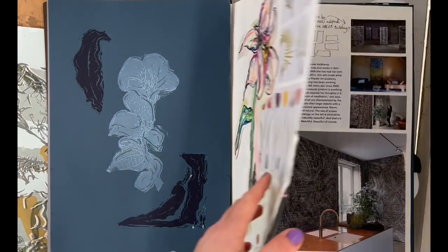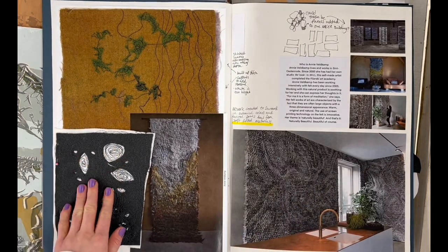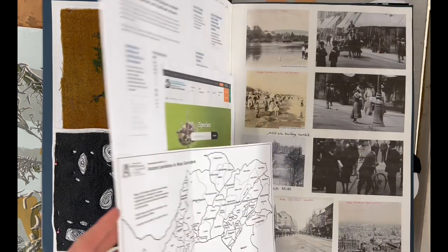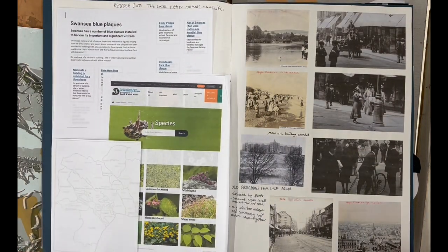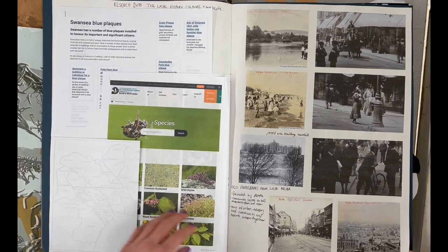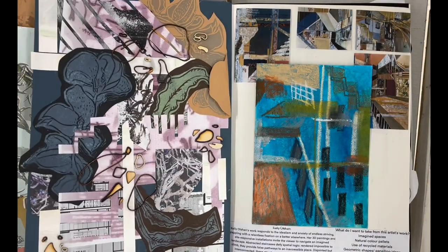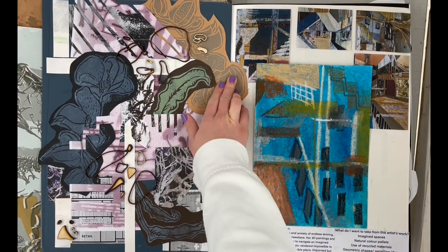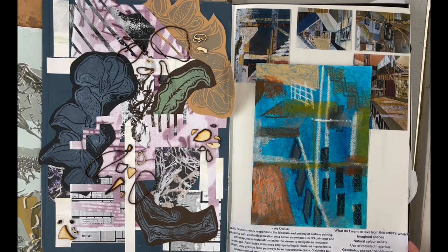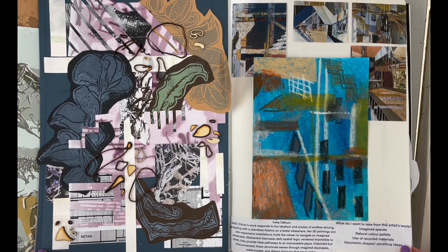of the environment. Annie Veldekamp is an artist who looks at using stitch to create depth within an interior space, introducing me to ideas of panelling. More research into the site-specific Swansea, whether it be history, culture, or the wildlife. His next experiments from Kelly Olsham look at bringing an imagined interior space into the artwork. I wasn't a fan of these, but it did help me look at composition and understanding colours that I wanted